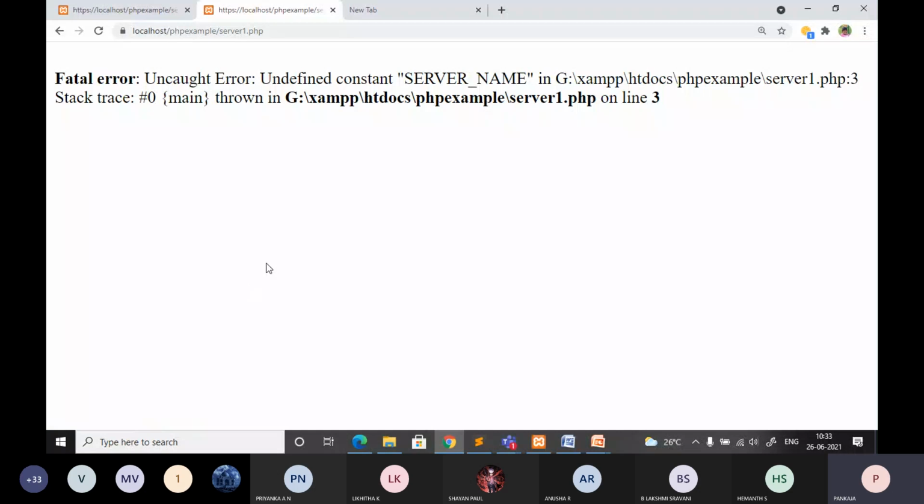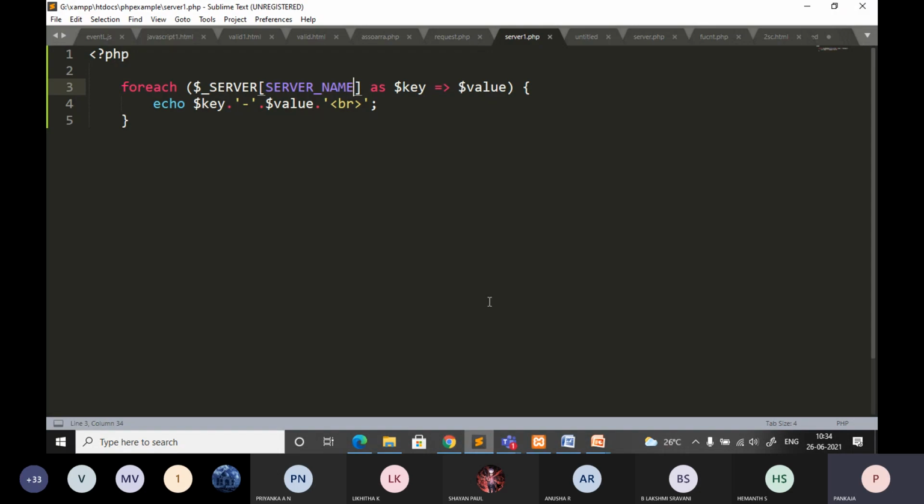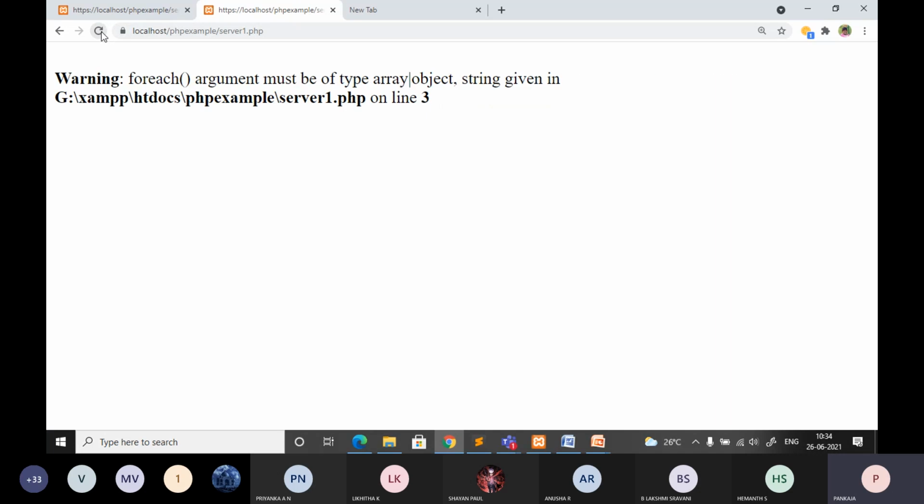There is an error: undefined. One minute, I think I need to give it in quotes. Foreach argument must be of type array or object.